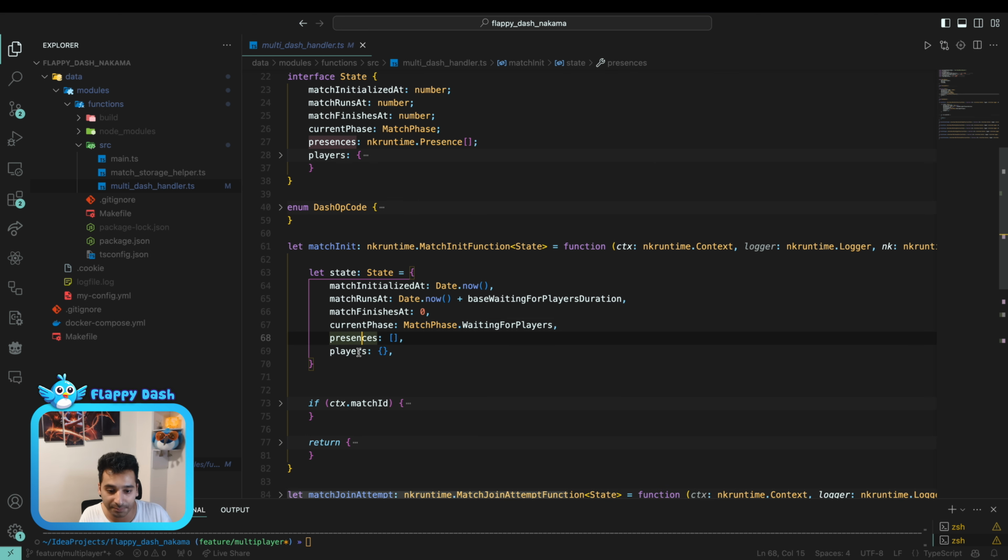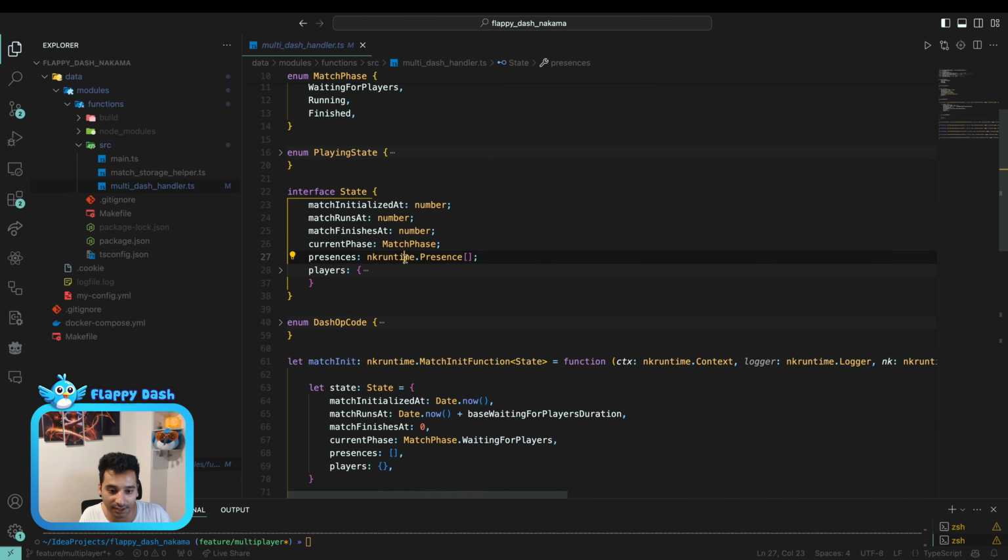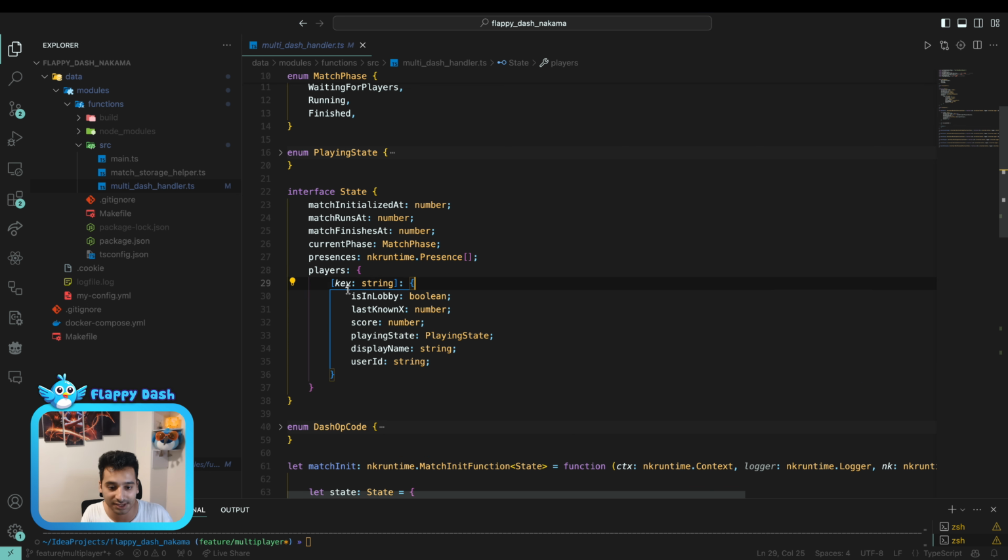And also we have presences and the players. So presences is a list of nkruntime.Presence. So this is something that's defined in Nakama. This is a list of players or people that are in the match. So it's going to be updated in real time. And also we have players, so it is a map of player ID to an object.